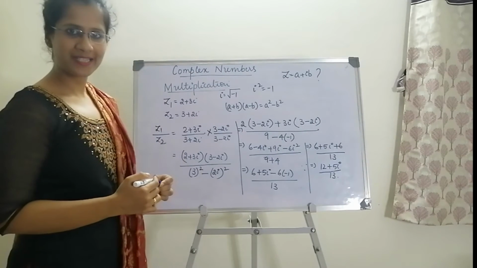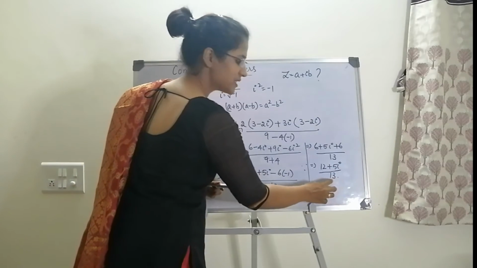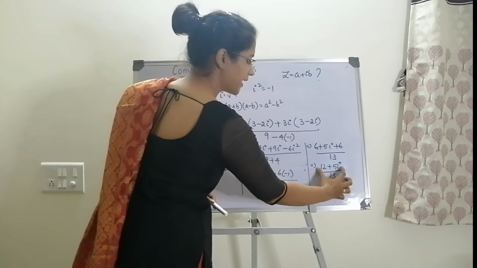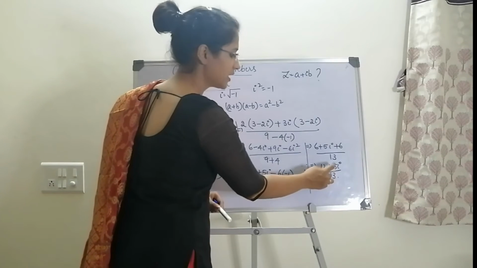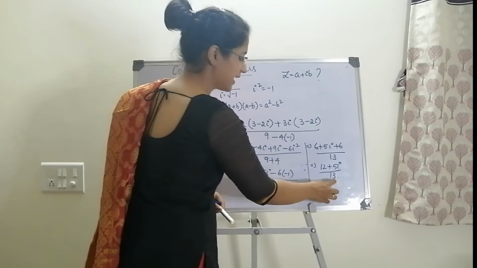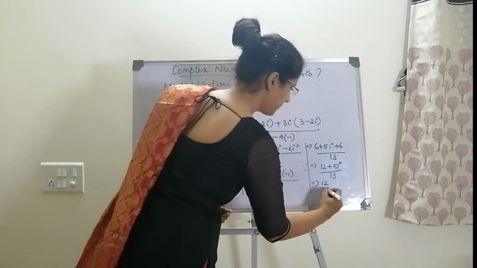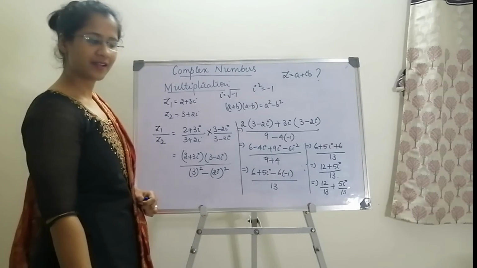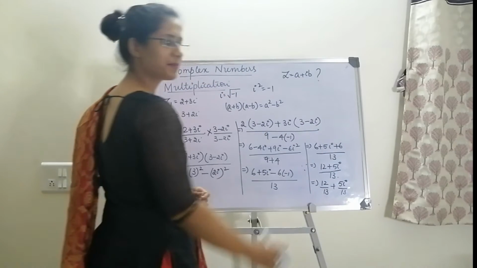Think. Please see the answer very carefully. Whatever term is there in the denominator, 13 is there in the denominator, and in my numerator I have two terms which are separated by a plus sign. So in that case, 13 is eligible for my first term and for my second term as well. So can I write this as 12 by 13 plus 5i divided by 13? Yes, correct.